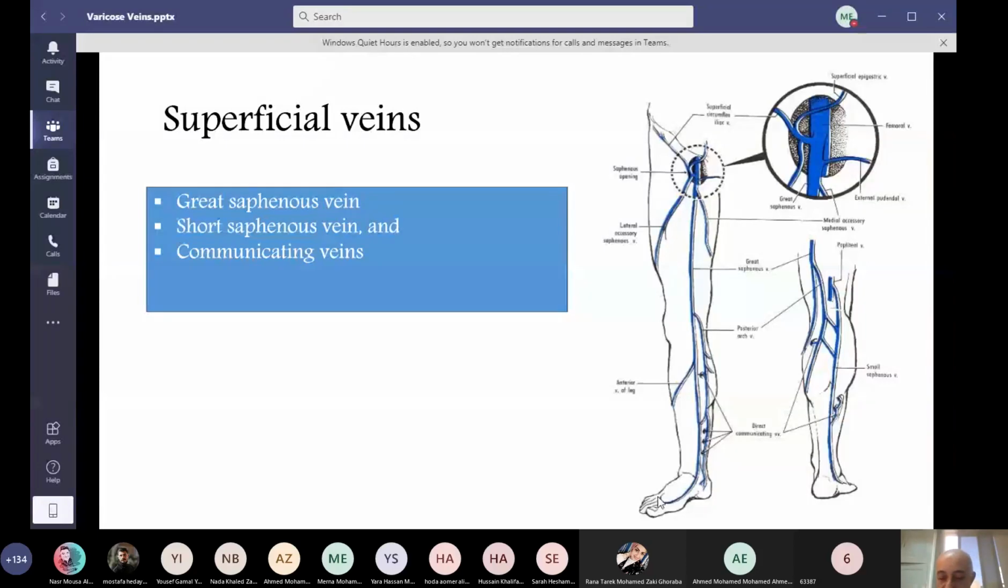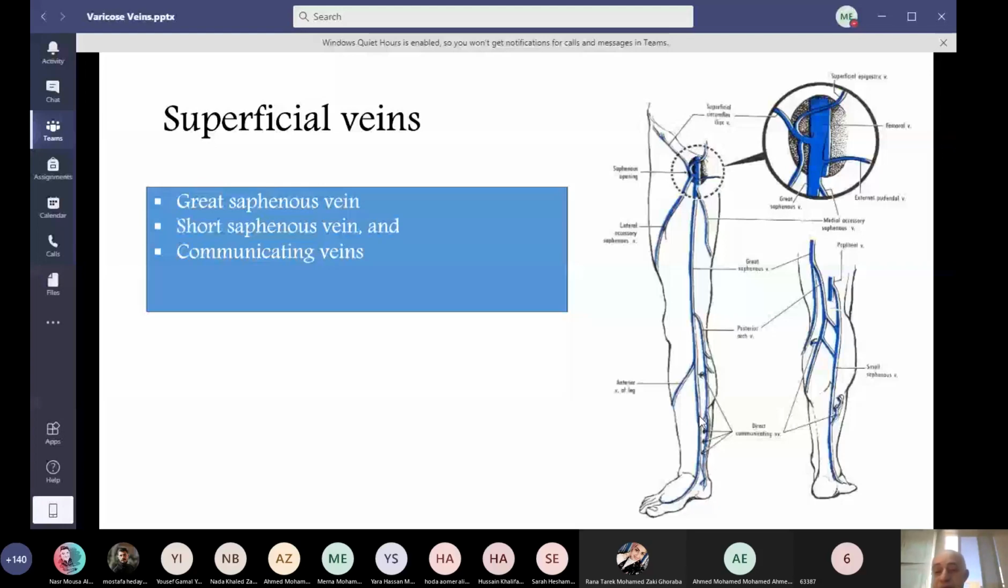It starts as the medial continuation of the medial end of the dorsal venous arch of the foot, and it ascends in front of the medial malleolus on the anteromedial aspect of the leg until it reaches the knee. Then it goes upwards on the medial aspect of the knee and on the anteromedial aspect of the thigh, and